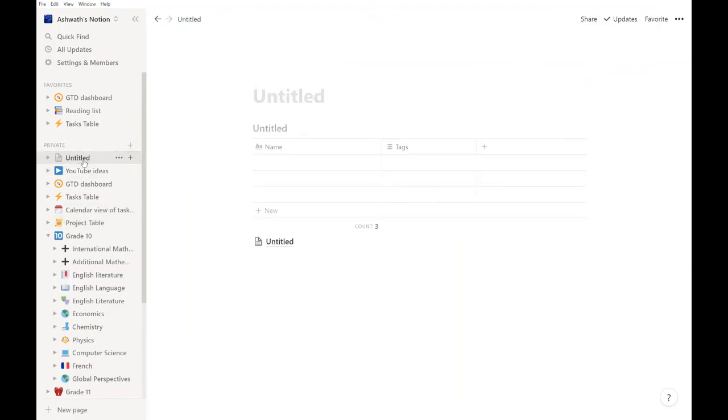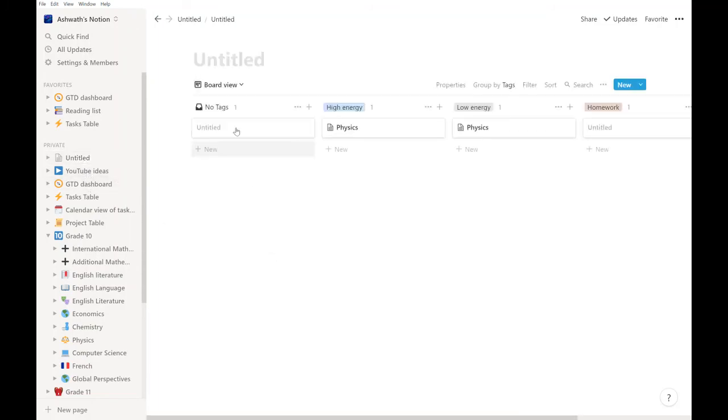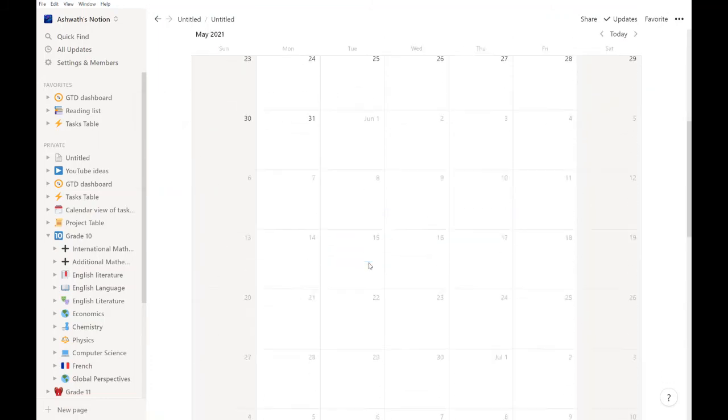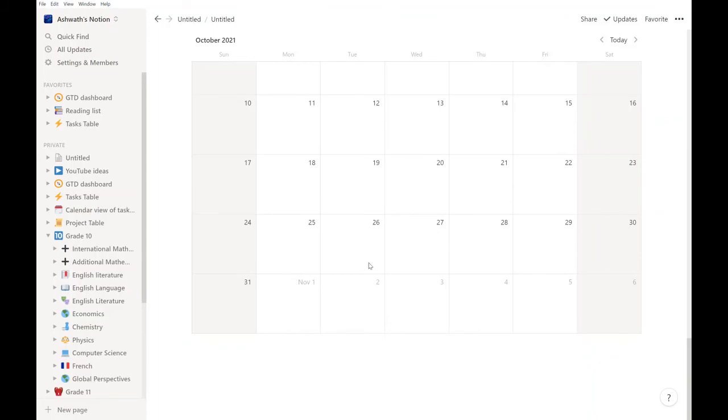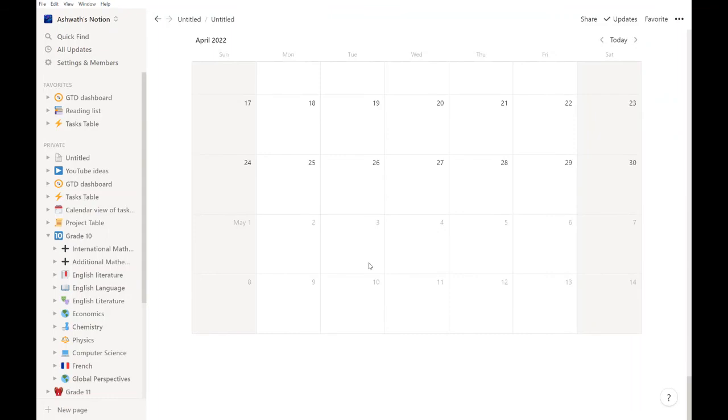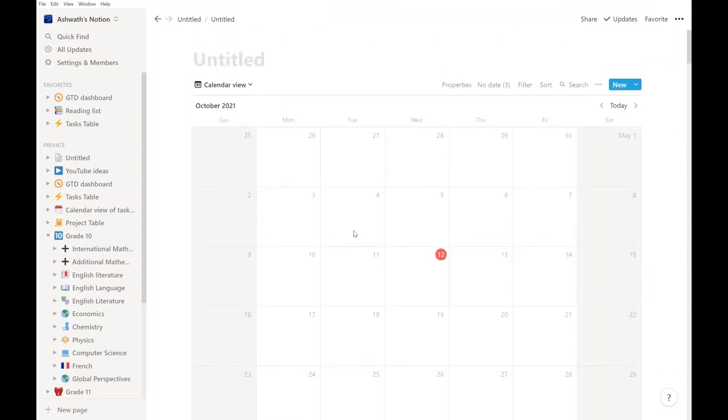So that's another beneficial feature of Notion, because if you have a tasks table with all the dates in it, you can just add a calendar view as well, which is very useful because then you can get all of your data in the form of a calendar. And you can just keep scrolling down and keep going to the next month and next month and next month. And then you can make it into like today, then you can change this view as well if you want, and all of that extra stuff. So that is basically all you would require starting with tables, and this is effectively everything there is in tables.